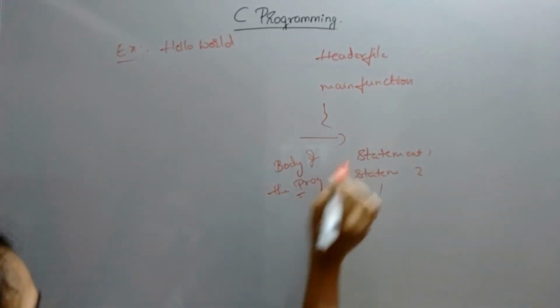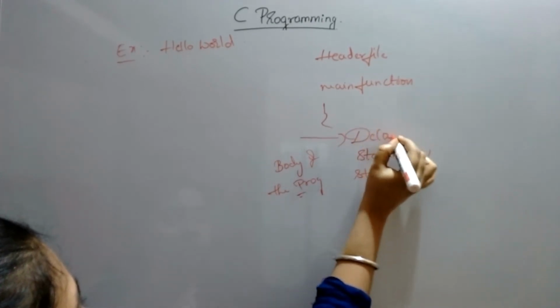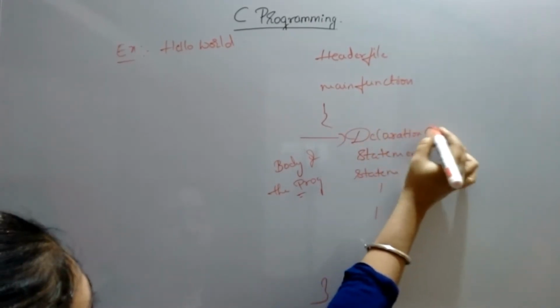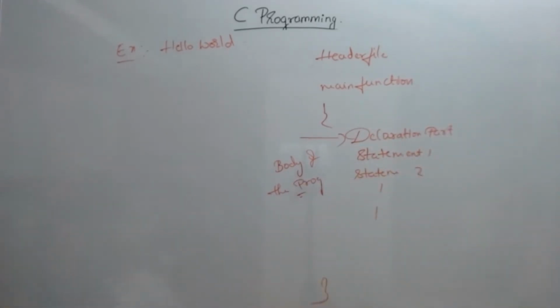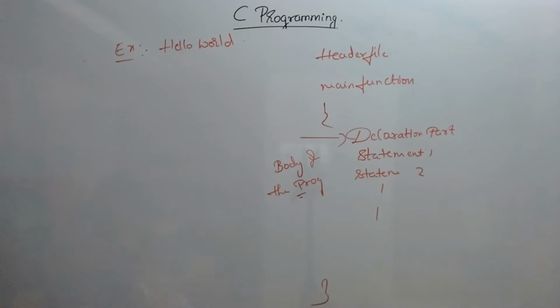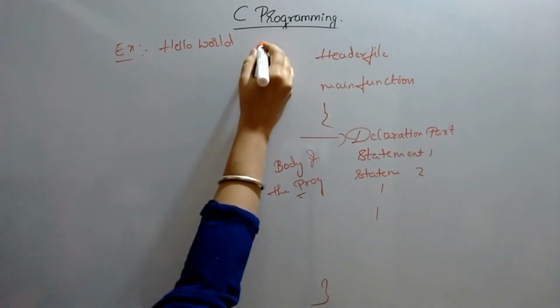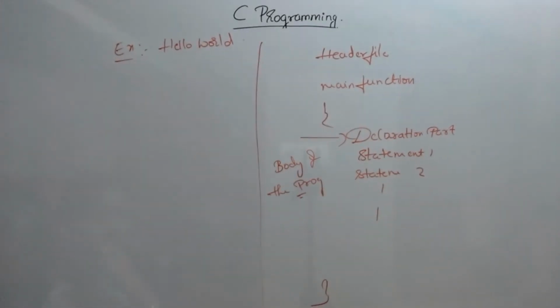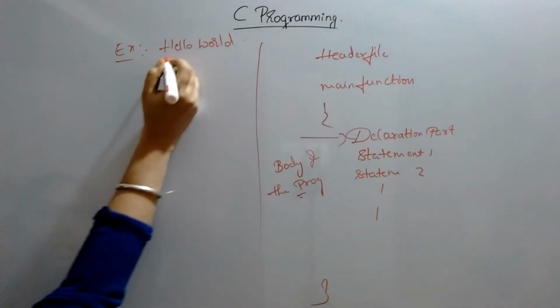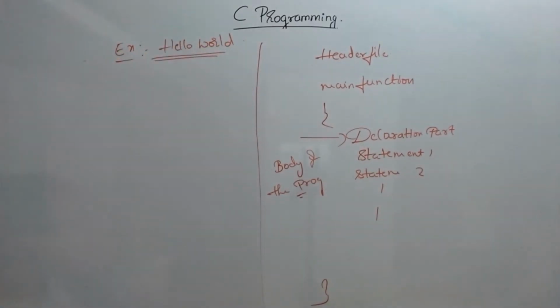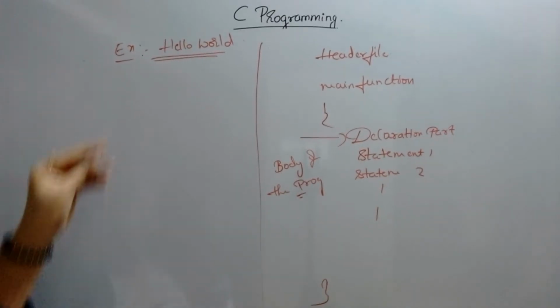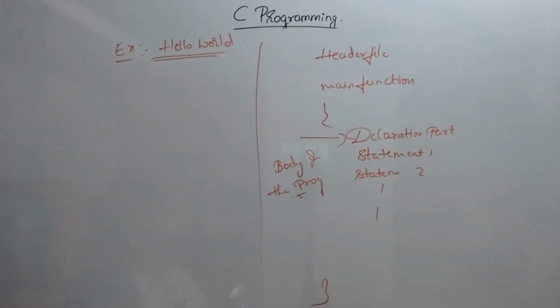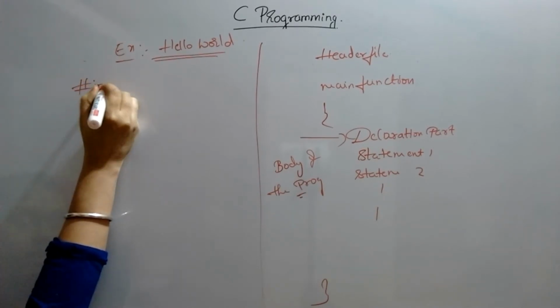Here this is the declaration part. This is the declaration part, which means we are going to declare the variables which we are going to use in the program. Fine, this is the structure of a C program. Now while writing a program, see, first I have to include the header file. See, here I am writing a program to print hello world, right? Since I am just printing, I don't want to take any input from the user, so I am going to use only printf statements. To use the printf statement, I have to include the header file